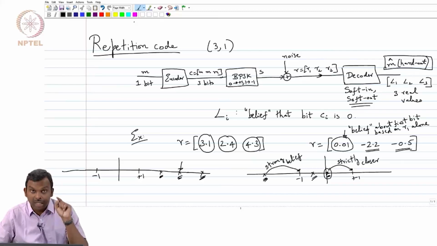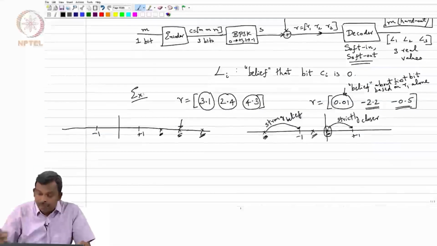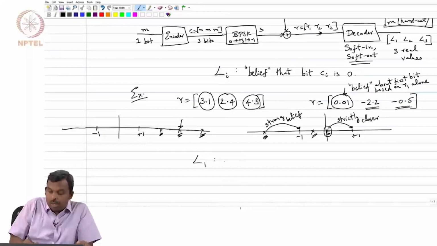This is a repetition code. If the bit was 0, you transmitted +1, +1, +1. If the bit was 1, you transmitted -1, -1, -1, and all three were received for that. Okay. So, you want to use R1 as well as R2 and R3 to compute the belief for the first bit. Okay. So, in other words, if you just look at these examples, it is clear that you compute L1